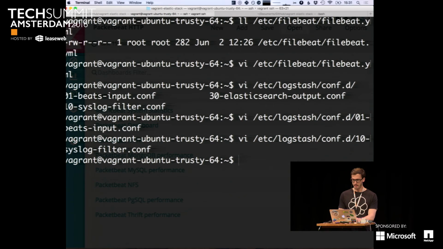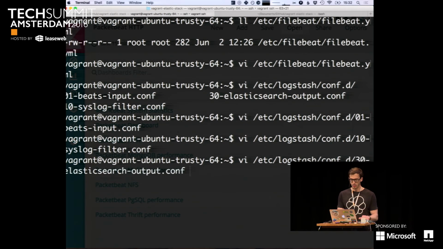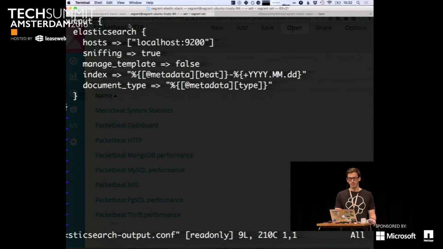And the final step then is, once I have parsed everything, I actually need to tell Logstash where to store the stuff. And here I'm just saying, okay, forward it to Elasticsearch directly. The Elasticsearch instance you're talking to is running on localhost 9200. And this is the index. So you have whatever Beats name you have, take that and append the current day as a timestamp, so you will have one index per day.